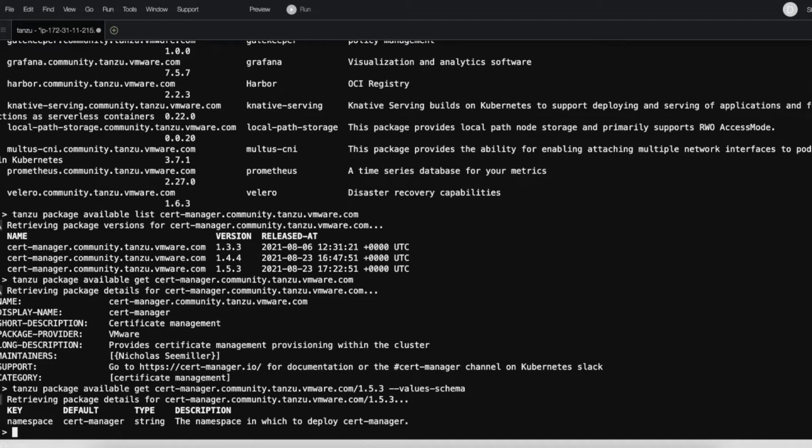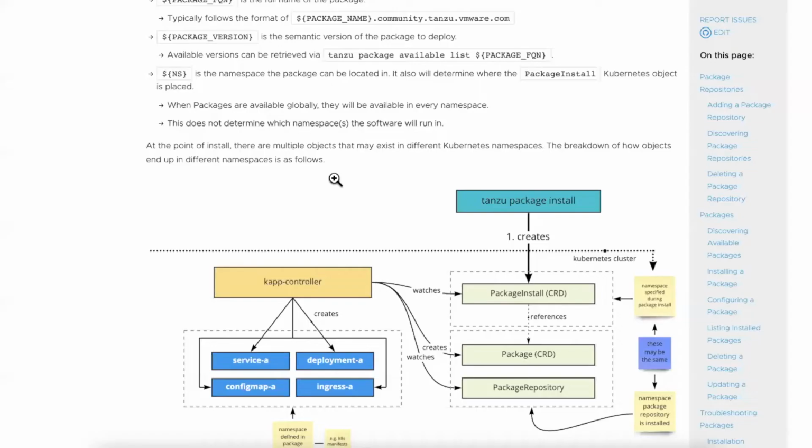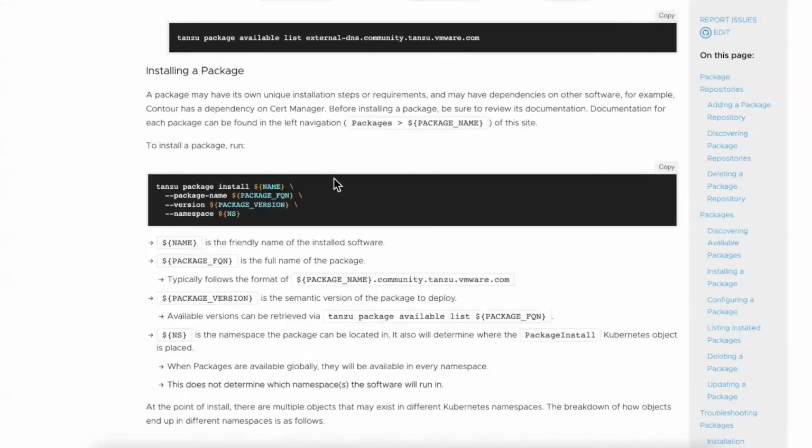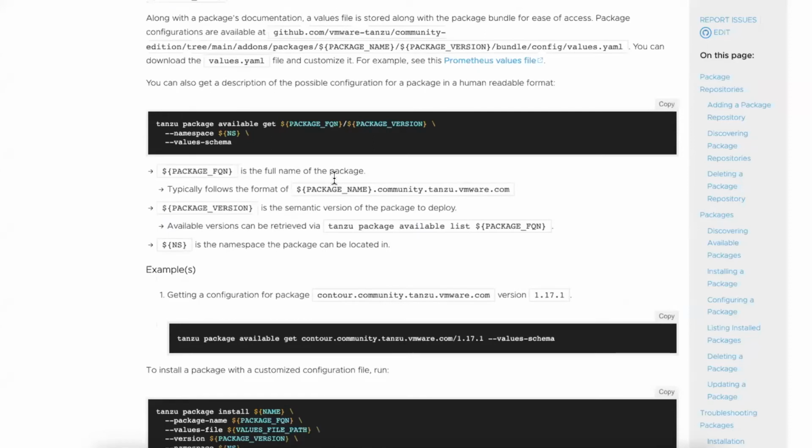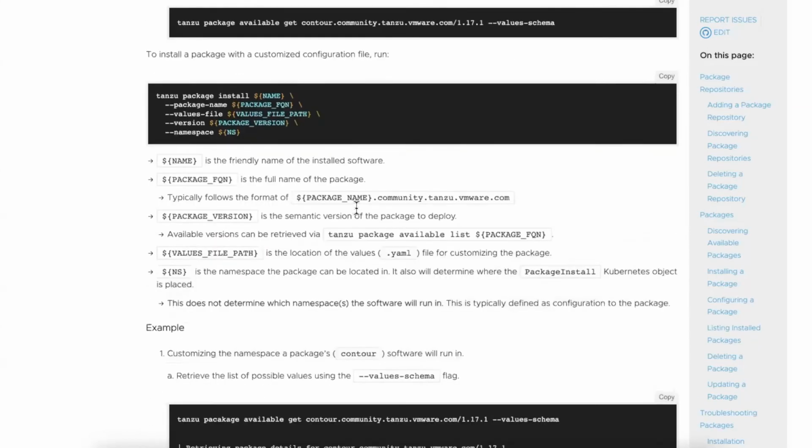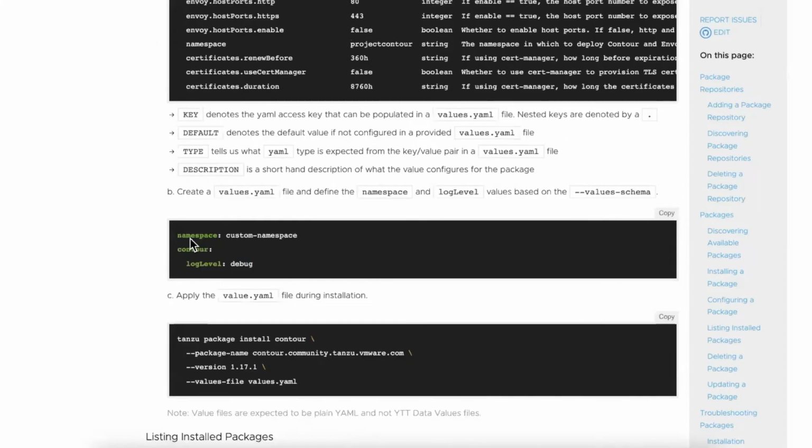So for example, as a part of Cert Manager, the one that is shipped as a part of Community Edition, we can supply the namespace. By default, it goes on cert-manager. But if you want to customize that, we can supply the YAML file, and that is what is listed here, right? So if you want to supply that, then we can create a simple YAML file like this. So for example, namespace, we can say values.yaml file. We can say the namespace, and this is a YAML file. So whatever the namespace that we have, and then accordingly, we can pass that file.